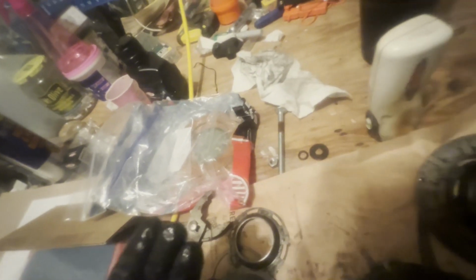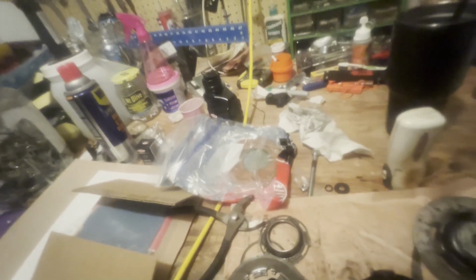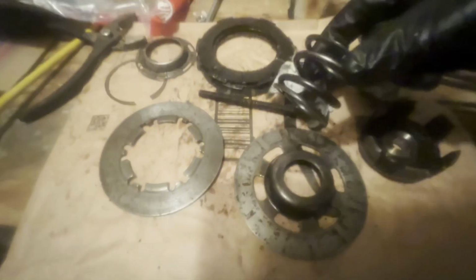I have new ones soaking in some oil here. I just put these in a Ziploc bag, because I didn't have a container big enough, kind of like you're marinating some chicken or something. What the heck just happened to my light? Here we go. While I'm in here, I'm going to change out the spring, but after fully disassembling this, you